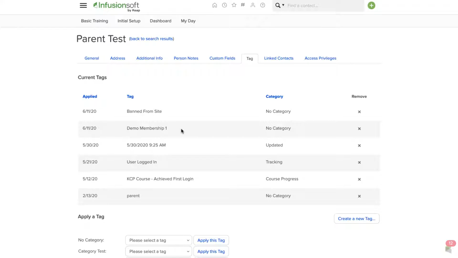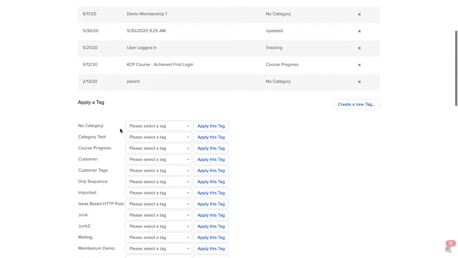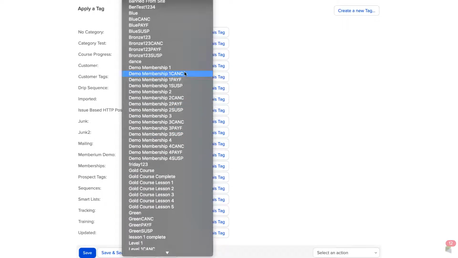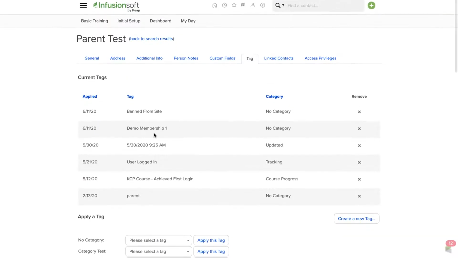But a lot of times they might be missing the membership tag, or they might have a cancellation or payment failed tag. So for example, if I was looking here at all my tags, I might have the cancellation, payment failed, or suspension tag associated with my membership tag. I had the demo membership 1 tag. So if I had those tags, or if I was missing this membership tag, that could be a major issue